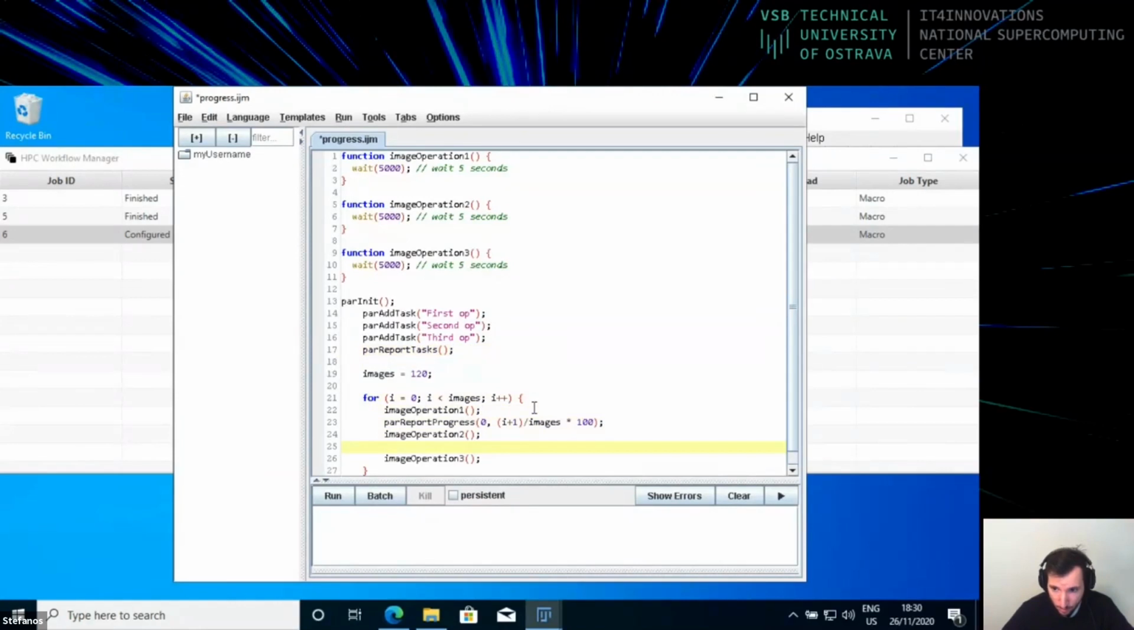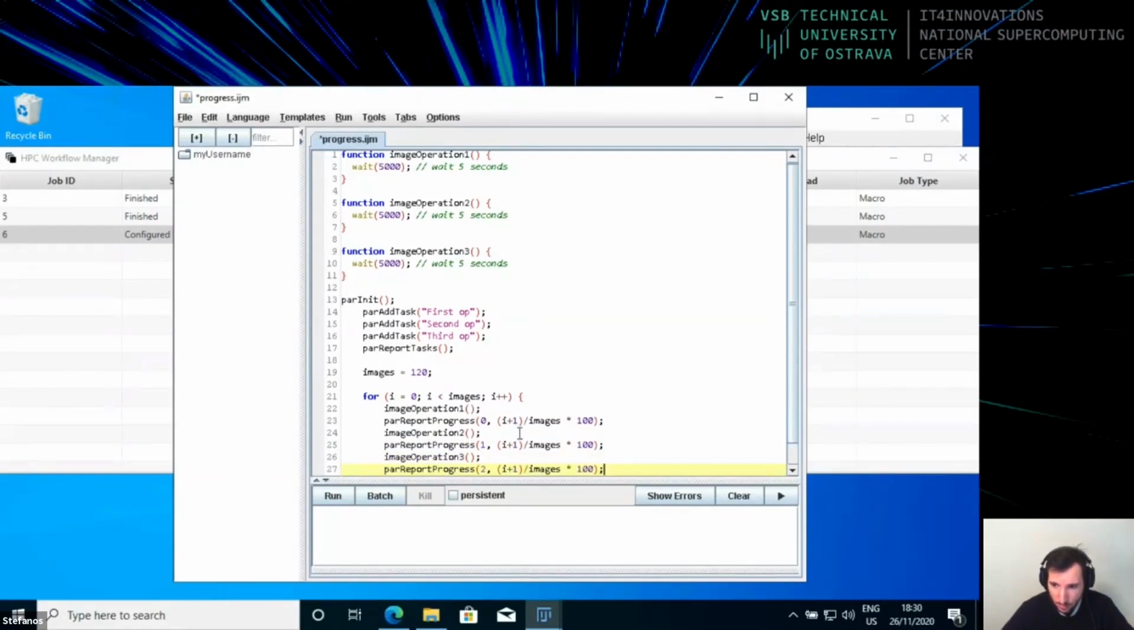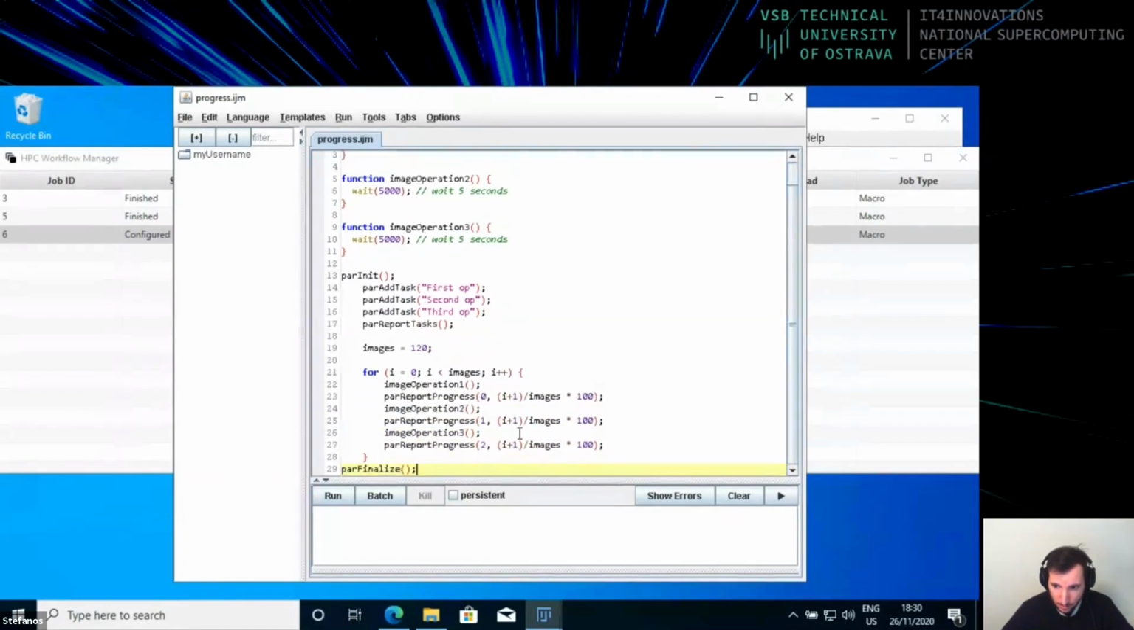So after the par report tasks function, we cannot add any more tasks, but we can now start using this par report progress, which is the third and final function for progress reporting that we're going to see today. And this one will take the task ID and the percentage of the completion of that task. So here we are going through the loop, and we want to increment the progress by 1 each time we perform one image operation